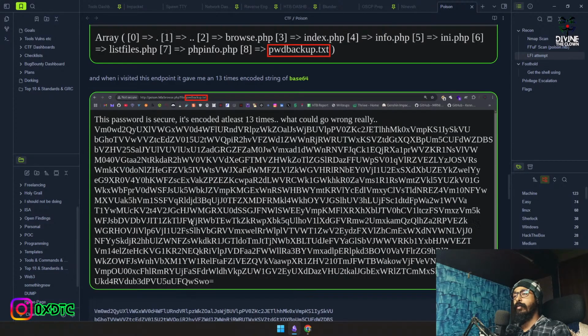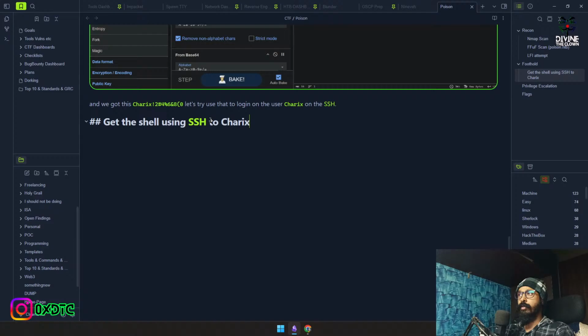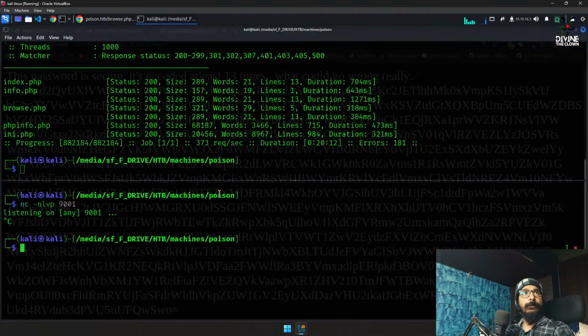Okay, let's go one step back and SSH to Charix. We don't want node. It's going to be poison.htb, and the user is